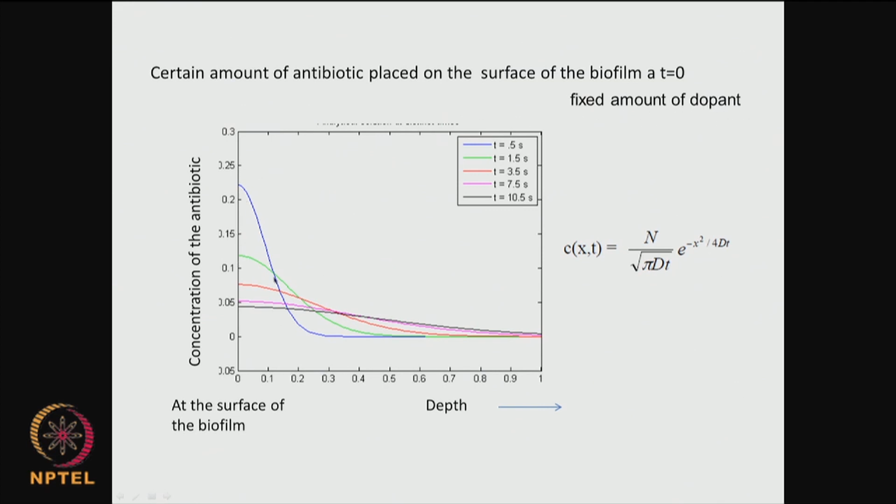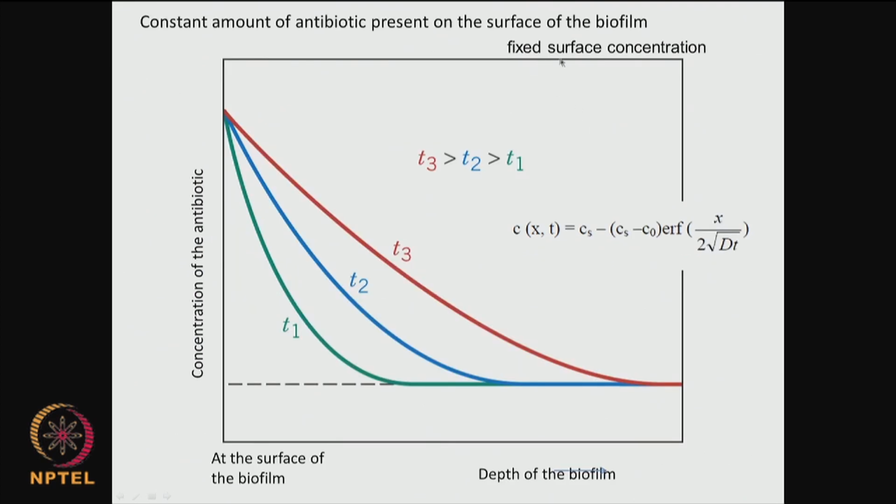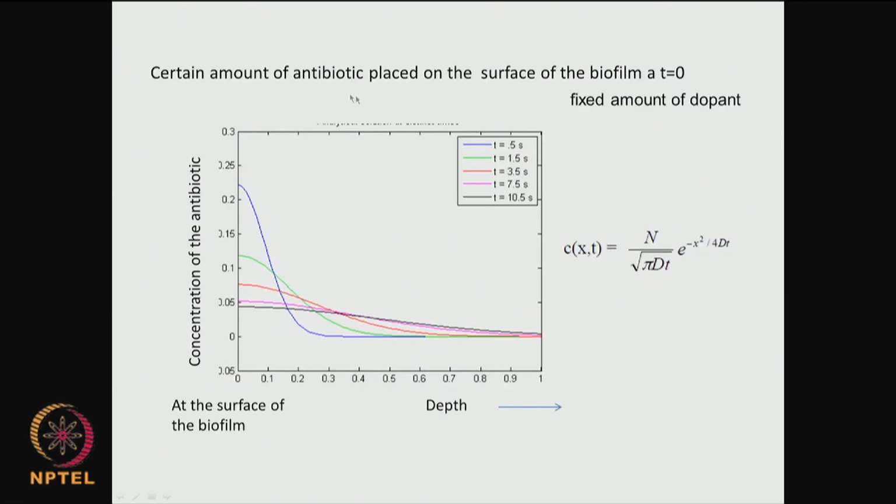So, as time progresses we are going to have it like this. Okay. So, at the surface it will go down, inside it will slightly go up, and it is mathematically given by this particular relationship. Okay. So, we have two types of situations where we have a fixed surface concentration, that is a constant amount of antibiotic present, and we could have only